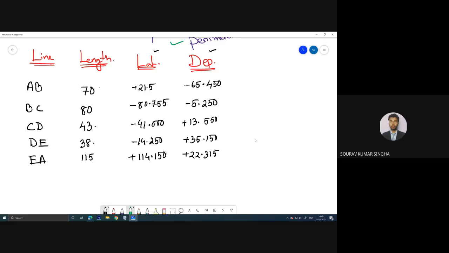हम लोग कैसे जान पाएंगे कि ये लैटिट्यूड का जो लिस्ट है ये करेक्ट है और डिपार्चर की सब कुछ वैल्यू करेक्ट है? ये हम लोग कैसे चेक कर पाते हैं? Anyone? दोनों का सम अगर सेम हो गया तो? दोनों का सम सेम नहीं हुआ। अगर समेशन ऑफ लैटिट्यूड इक्वल्स टू 0 होता है एंड समेशन ऑफ डिपार्चर इक्वल्स टू 0 होता है, देन देयर विल बी नो एरर। ओके,